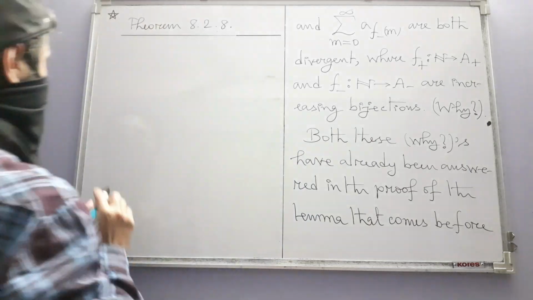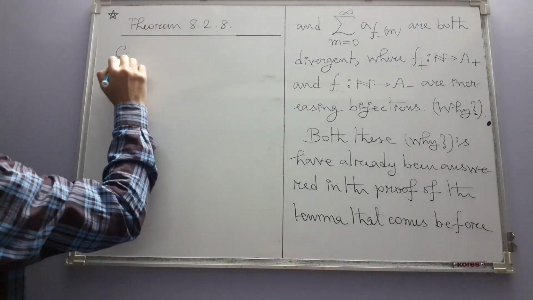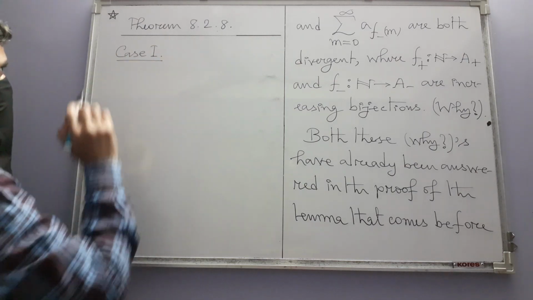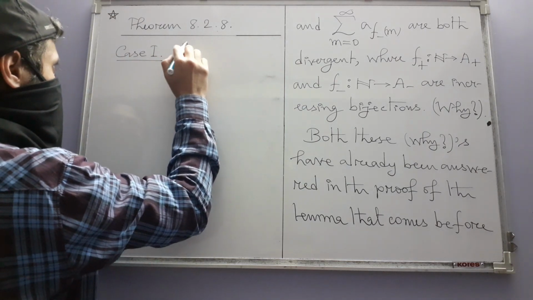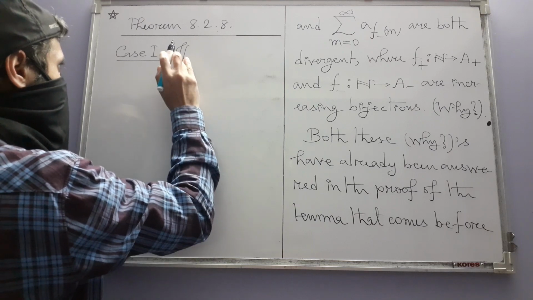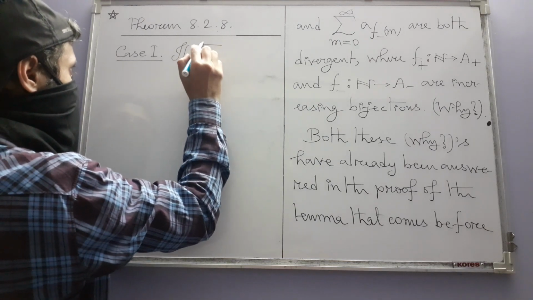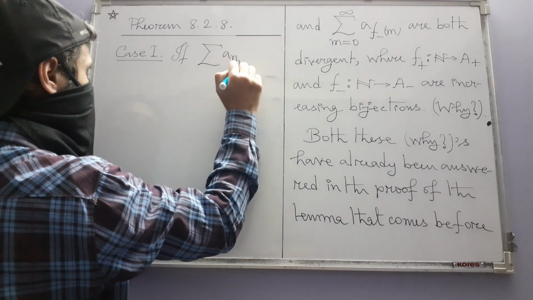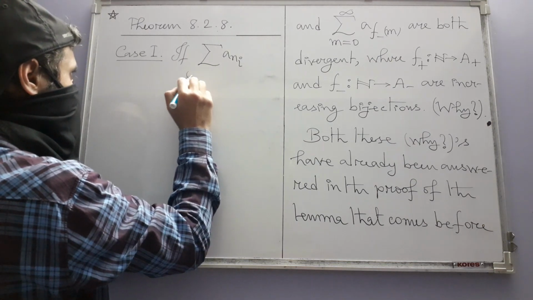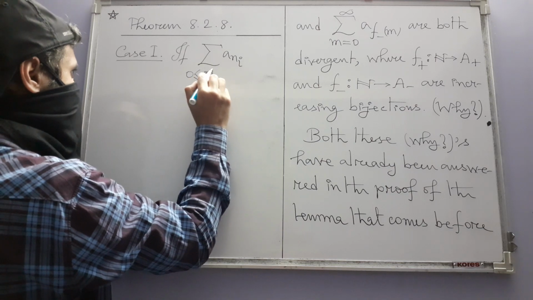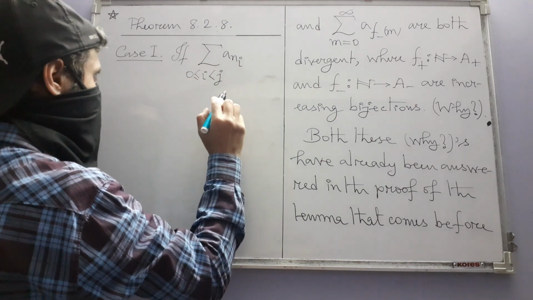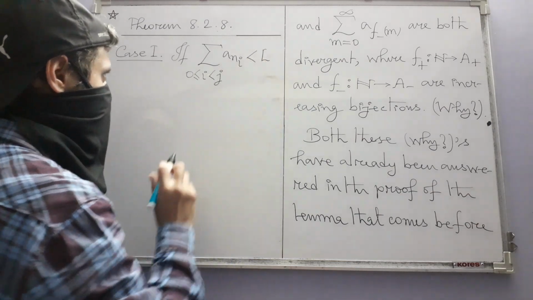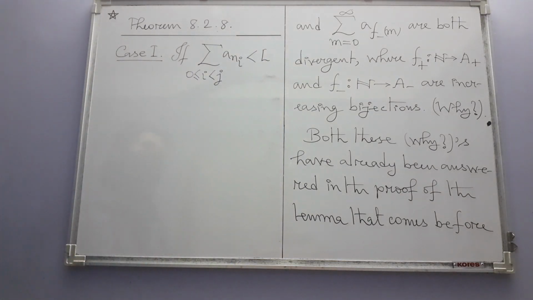Case 1 was this: if this finite sum, where i varies like this, is less than L, yes, I think this was case 1, less than L,